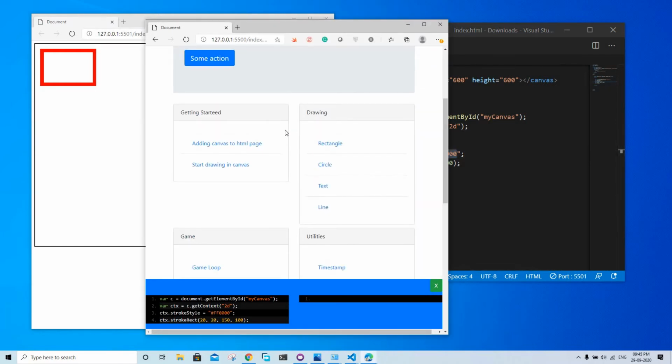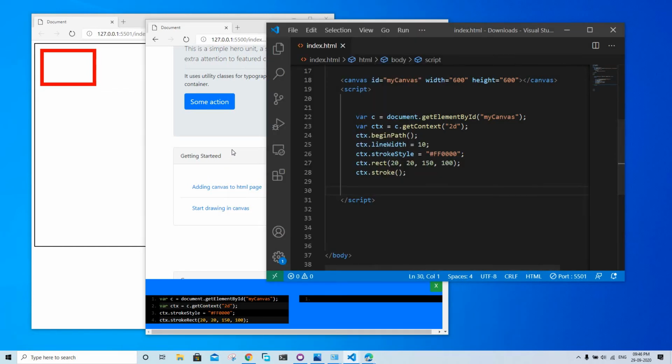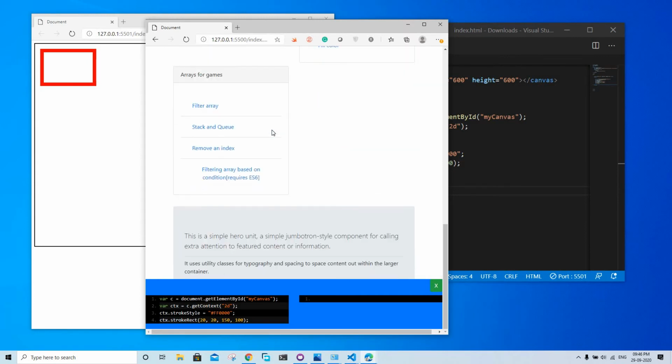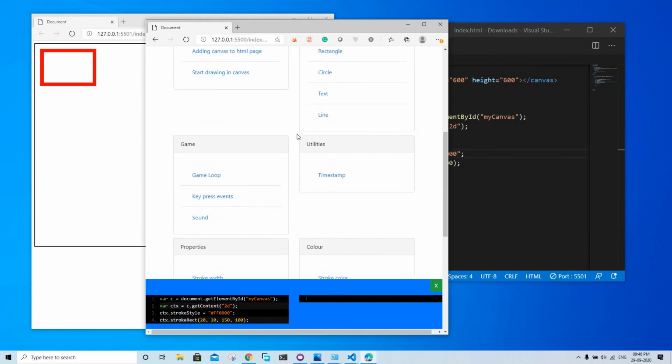So I'm going to put this website live very soon, so you guys can check and see the code. This will come in handy as a cheat sheet, but of course you need to understand it, otherwise it won't make sense really. I made this cheat sheet for other languages as well, but as you can see, the content is very less, so I'm going to make proper content, then release it, then put it up on the internet. Okay, so that's our rectangle.